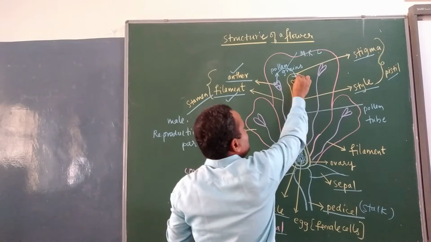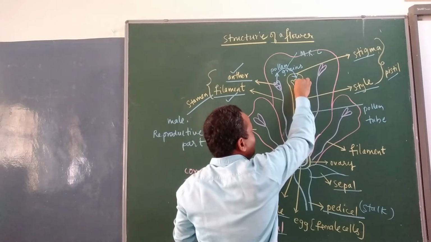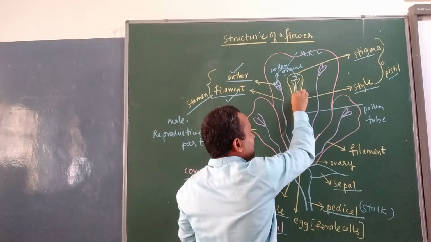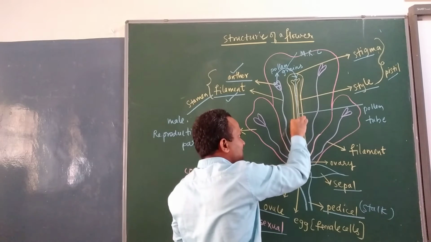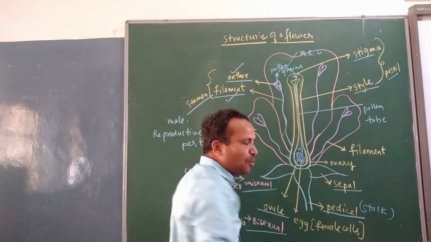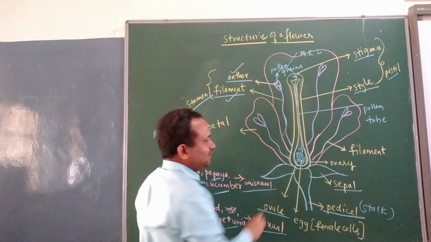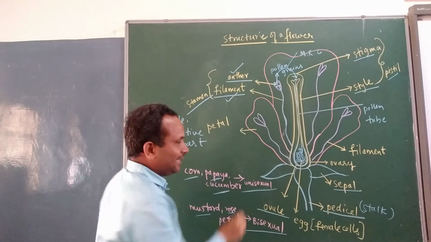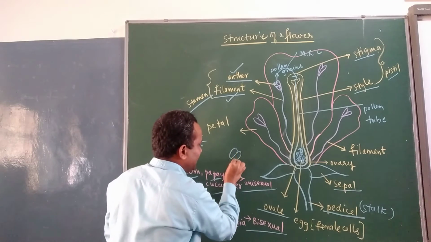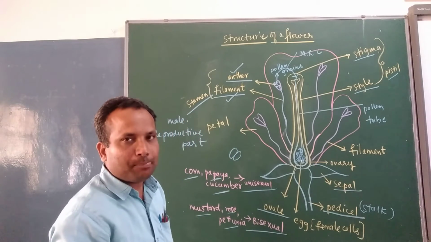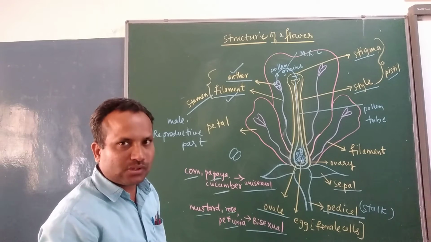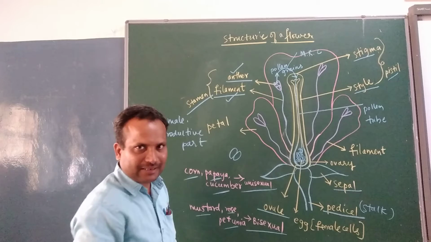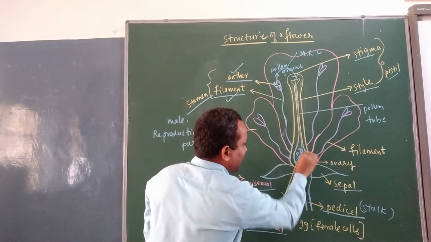From the stigma they pass through the tube, that is the style. They pass through this tube, the pollen tube, and finally these pollen grains reach the ovule part, and they get mixed with the eggs. Finally, like this, male cell and female cell fuse. So fusion of this male cell and female cell in the ovule part,